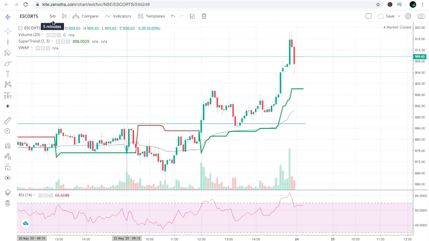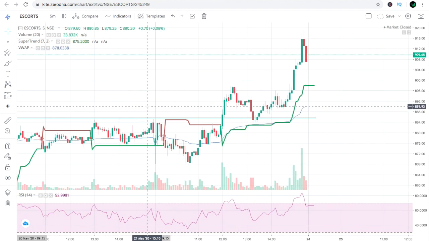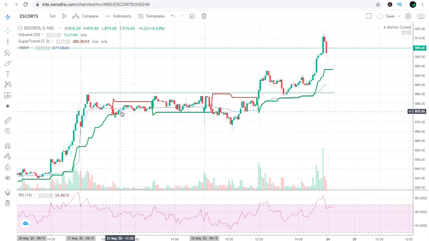So we can see that we have taken a 5-minute candlestick chart on Escorts, and as per our rule, Escorts is an upward trending stock. So we will ignore all the sell signals that are generated using this strategy. As we can see, the sell call was generated number 1 here and number 2 here. But as we followed the guidelines, we did not sell at the sell call, and this saved us from a false sell signal.